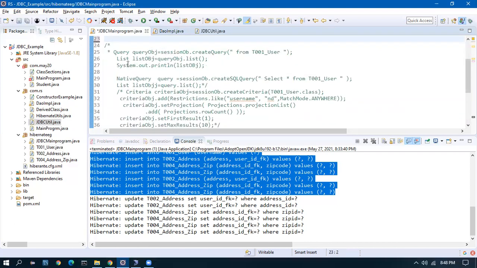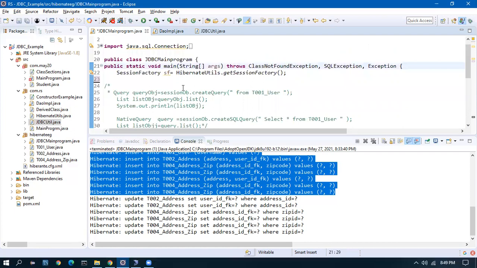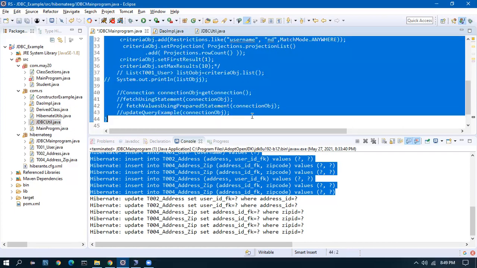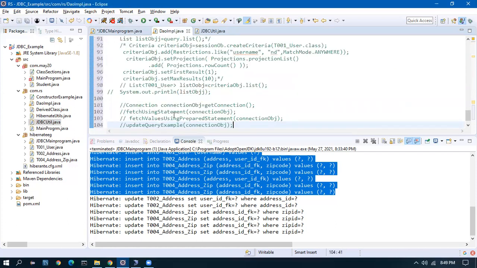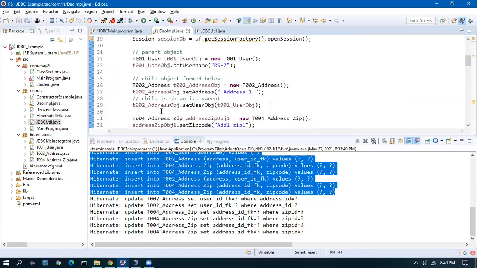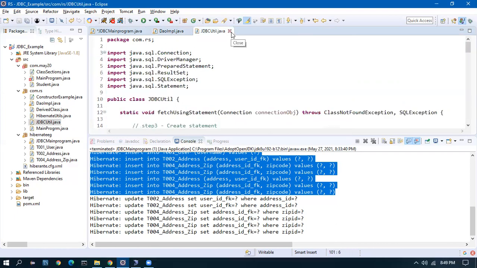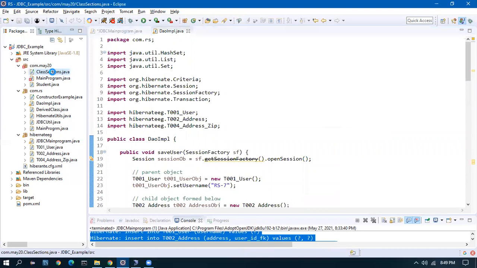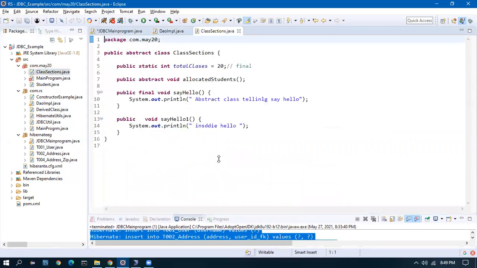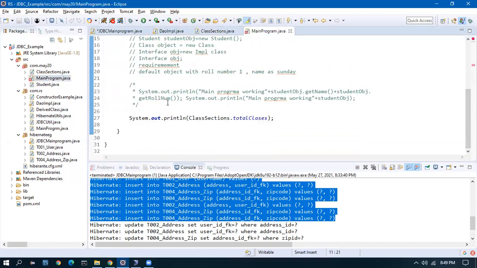Okay, these are the criteria queries. I'll cut this and paste it in the DAOIMPL as a comment. All right. Now we will see the fetch. I'll share this folder with you today in the chat, so whoever is there can download this and make use of it when they go over the videos.